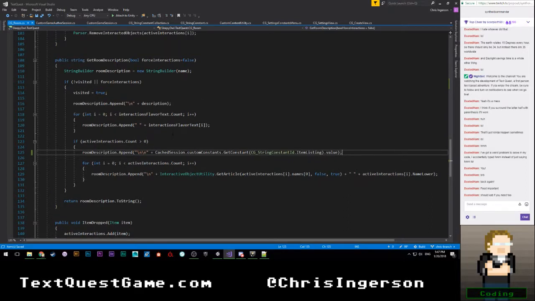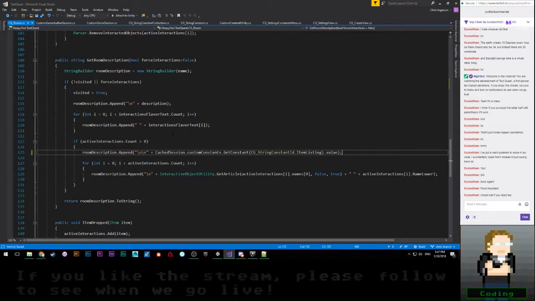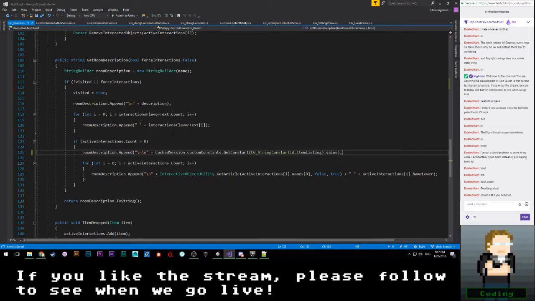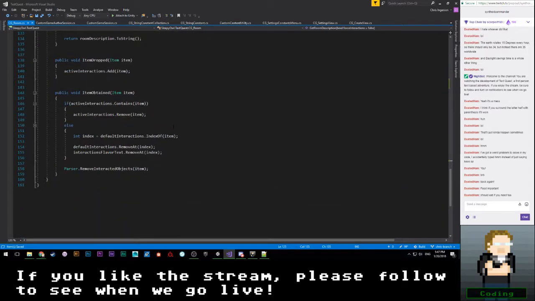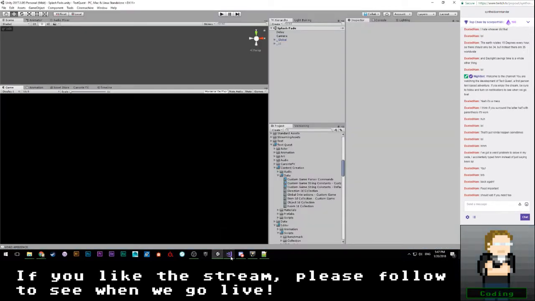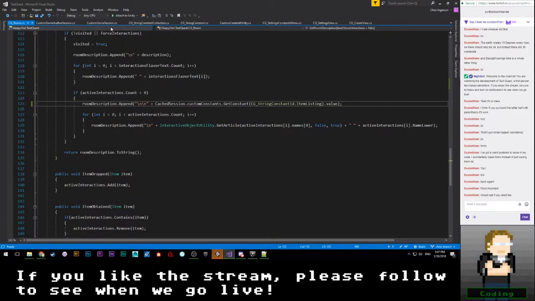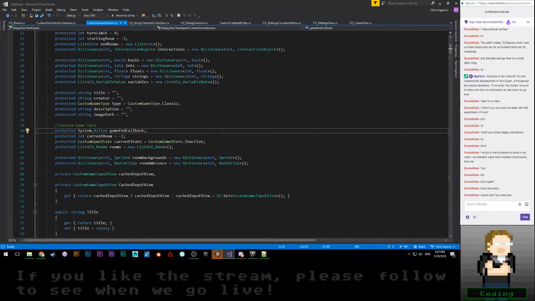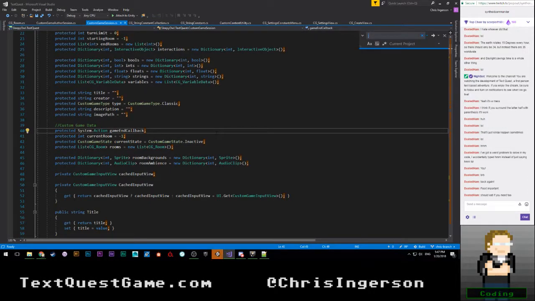Okay, so let's see. Where are the other areas that we have customizable text? The UC was the major one right now. Quit text, I guess, will be something that we want. So that's not going to be in CG room. So let's go ahead and let that compile. But we are going to want to see, what is it?